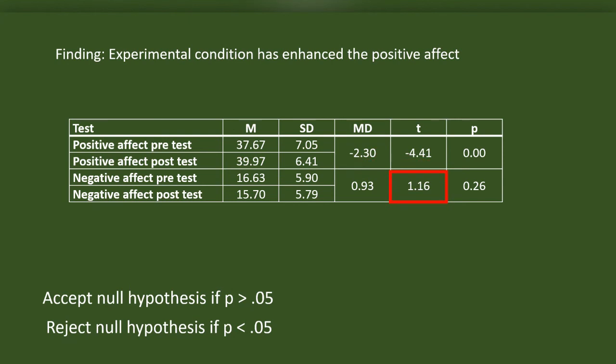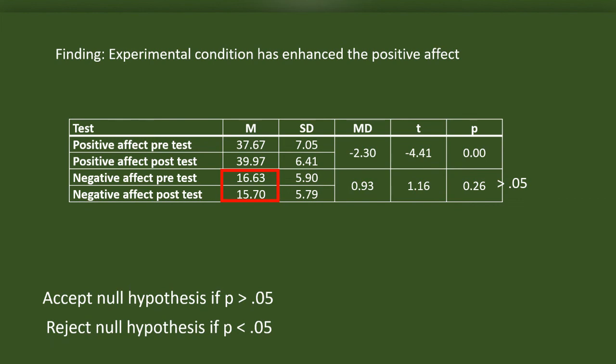The t-test for negative affect is 1.16. Its P is 0.26, which is greater than 0.05. There is no significant difference between the pretest and post-test scores here. Comparing the means, the pretest is 16.63 with a standard deviation of 5.90 and post-test is 15.70 with a standard deviation of 5.79.